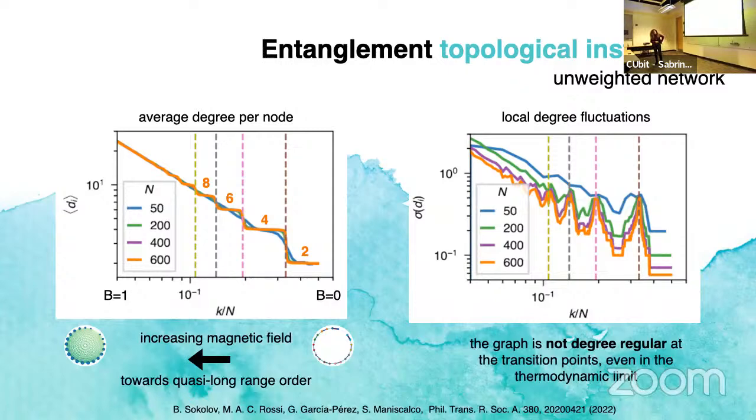And you see that these points remain again as I increase the value. So this means that the graph is not degree regular at the transition point, and this is so even in the thermodynamic limit. And this is something which can only be discovered through this analysis. And this is something which characterizes, and for which we are, in some sense,